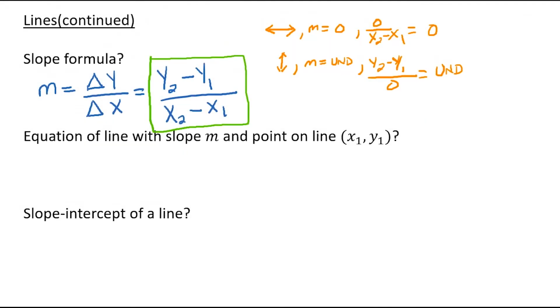If you're asked to write an equation of a line and the only information that's given to you is the value of the slope and just one point on that line, it is possible. So the first thing that you want to do is you'll have y equal to, and then again we denote slope as lowercase m, and then open parentheses x minus, and we're going to subtract whatever the x coordinate is